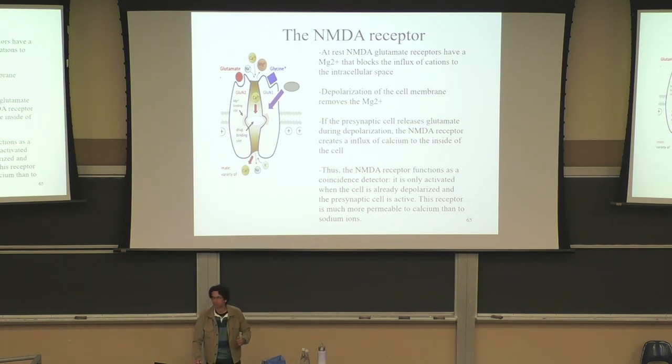Okay, so does anyone have a question about how this receptor works? What is the function of glycine? The glycine is like a cofactor that also has to be bound there. It's also a normal fast neurotransmitter that's present in many synapses. So there's kind of a third factor, which is this glycine binding there as well. But for the purpose of associative learning, the two more important factors are the depolarization and glutamate presence. And we should assume the glycine already is there in all the situations we're talking about.